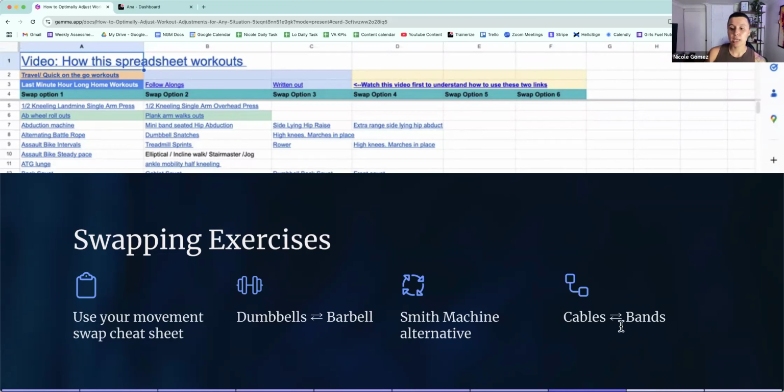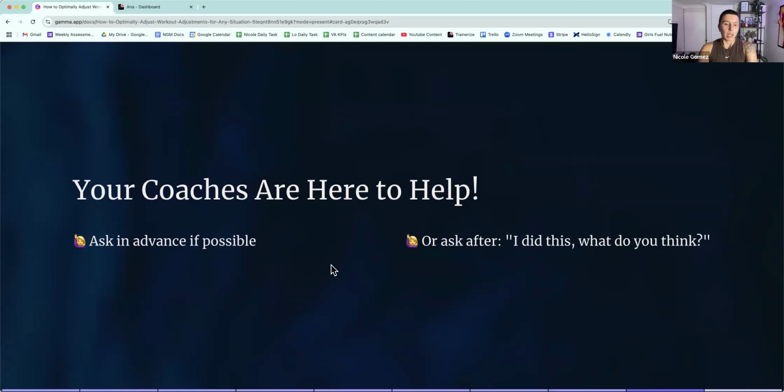And then cables and bands. This is something that I do if I'm low on time and I need to do the cable machine and it's taken, I'm just gonna pull out my band and I'm gonna do the face pulls with the band, I'm gonna do the lat pull down with the band, I'm gonna do some rows with the band because the cables are not available and I'm low on time. So that's why I am a very impatient person when it comes to waiting for things. So my gym bag is stacked. But one thing I will always have with me is a band. Because if the cables are not available, I'm gonna pull out my band, especially for warm-up exercises.